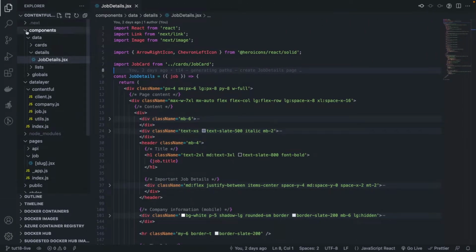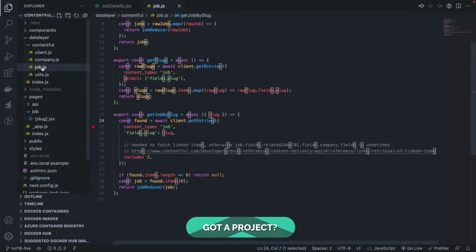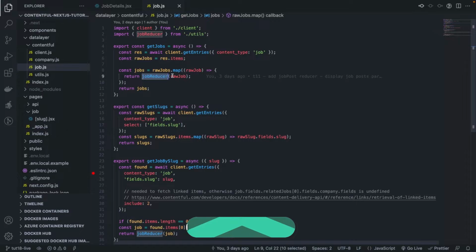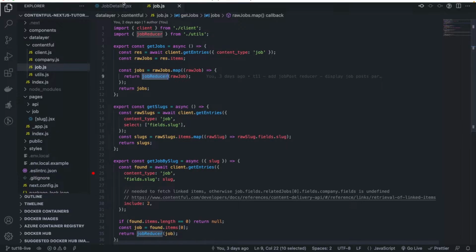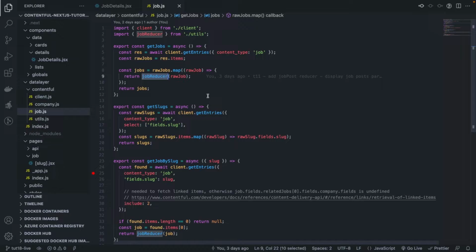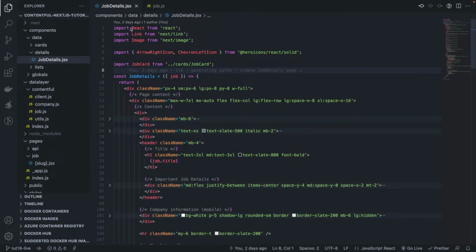Remember that? So the job reducer in our data layer, we want to implement in such a way that when the jobs are coming out of this function, they are clean, the attributes are perfect, and there is no need for us to do anything in the component in order to parse them, right? And I think it's a better design. Like I keep saying, if we ever decide to change the CMS, it's just going to be one file to change. And we won't have to go and look everywhere in our project to see where we are relying on Contentful to make the necessary changes. So with that set,